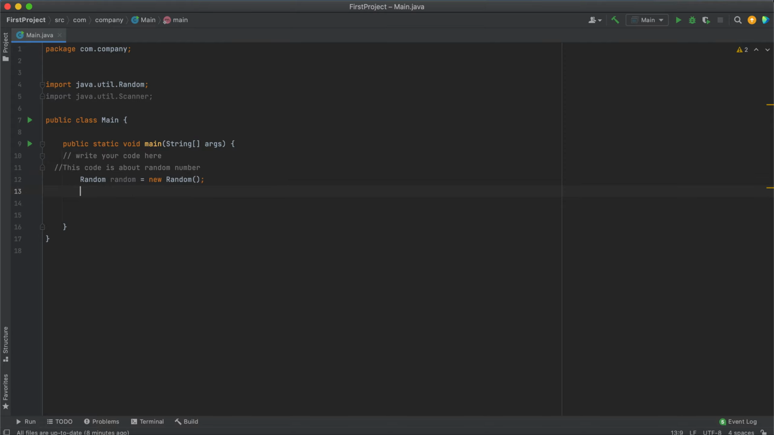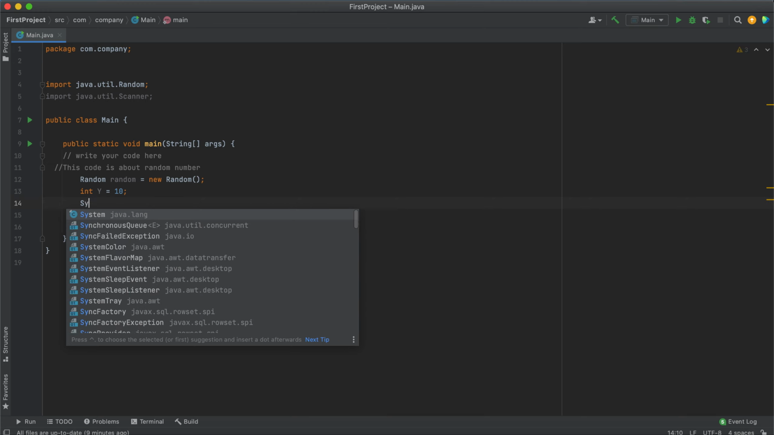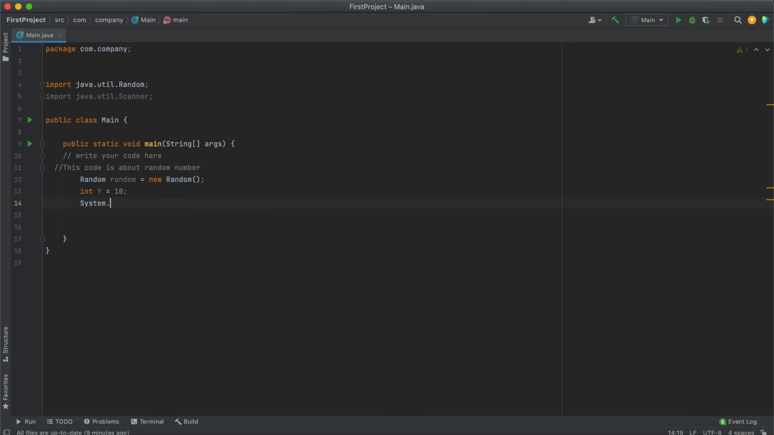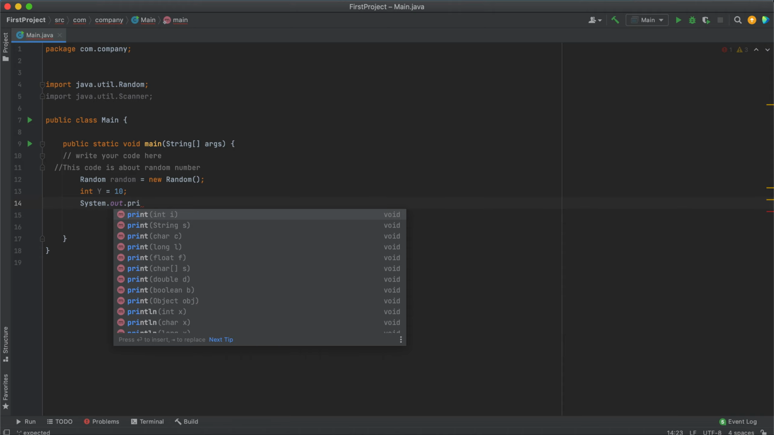Now, because we want to generate a number between 0 and 10, we need to declare a variable and assign the number 10 to it. And then what we need to do again at this point, let's do something like this without writing too many lines of code, and then we can just say print,